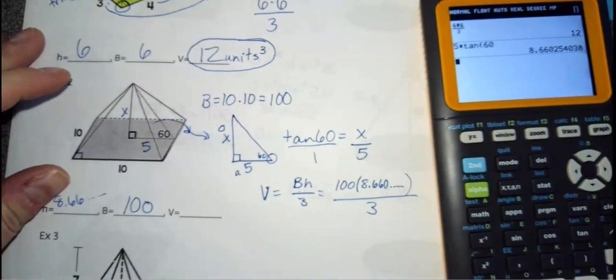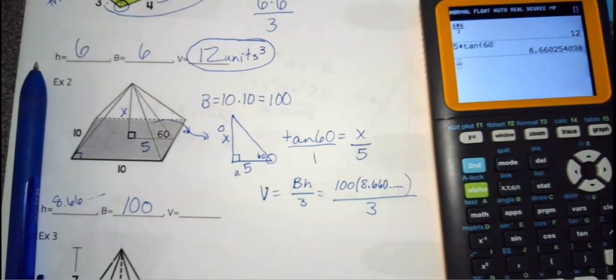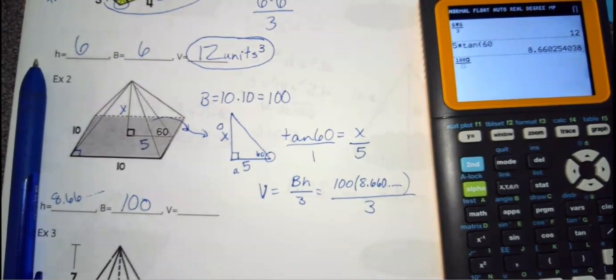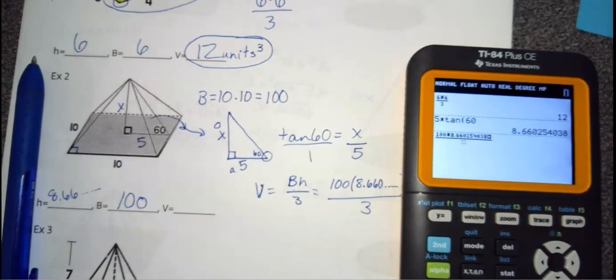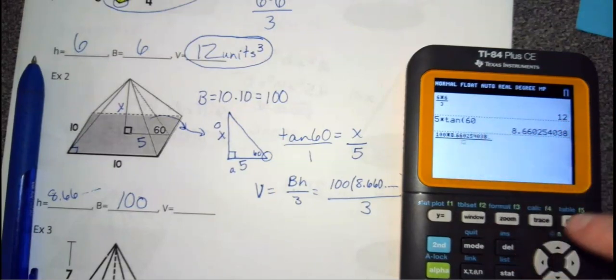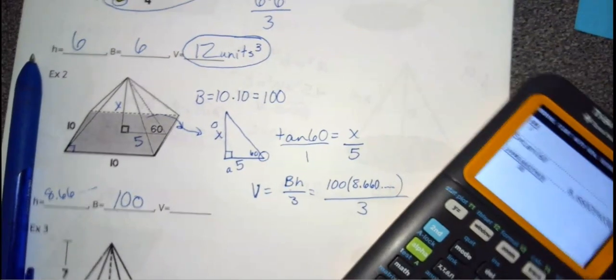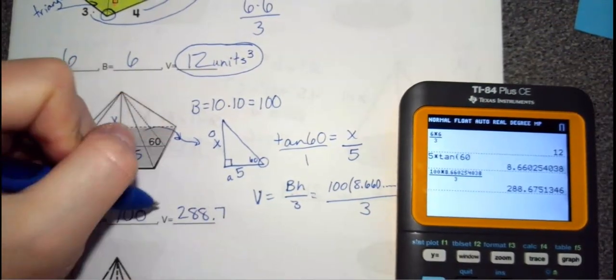And then the whole thing gets divided by 3. But the easiest way to do this is to just get your little fraction bar, type in the area of your base, which is 100, and then multiply by this number. It's already in your calculator, so all you have to do is use this little arrow and highlight it in blue and click enter, and it appears. You just have to make sure you click the multiplication button after the 100. Do that first before you go highlight it. And then divide it all by 3, and you get 288.7